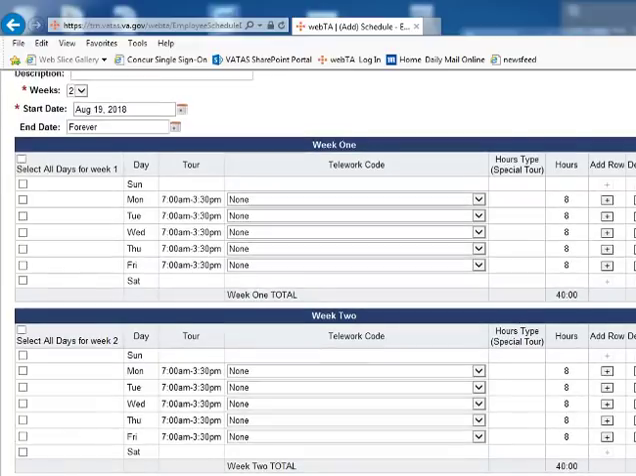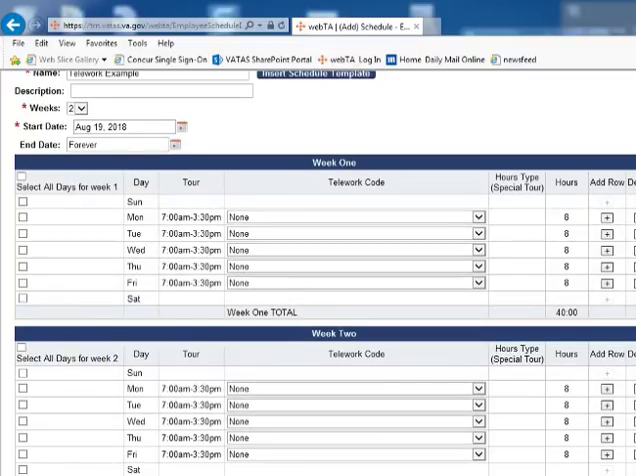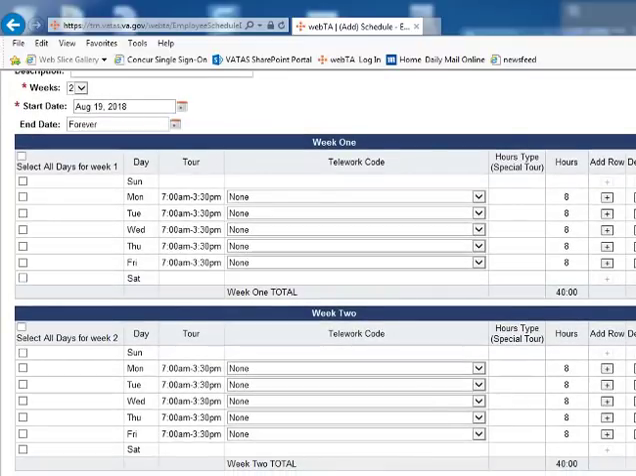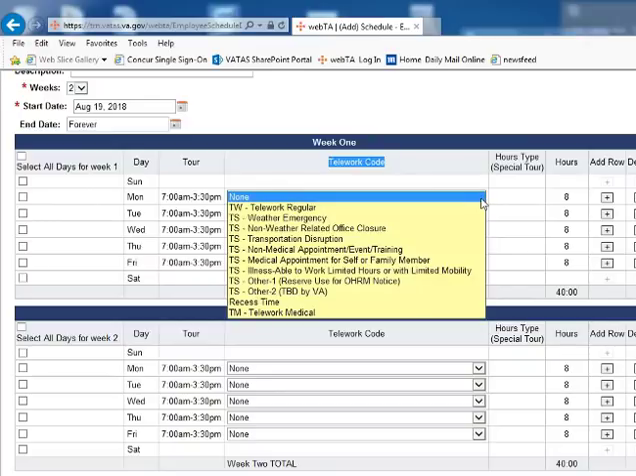Now, after you insert the employee's tour, which we've already done in this example, you then have the Telework code drop-down box available for each day that you have inserted a tour of duty. Now, when we drop the Telework code drop-down box, there are more options than there used to be. In the past, it was just Telework regular, recess time, Telework medical, and then one coding for Telework situational ad